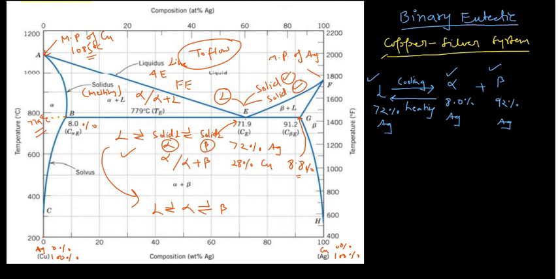It is important, very important. And generally, wherever the horizontal line is there, this horizontal line is actually the solidus line at TE, that means the temperature here, which is known as the eutectic isotherm also. So this thing is very important. And remember, eutectic means easy melting. That's why you can easily convert solid into the liquid and liquid into the solid. On heating you will convert solid into the liquid, and on cooling you will convert liquid into the solid. That's why this point is known as the eutectic point, and the reaction is known as the eutectic reaction,